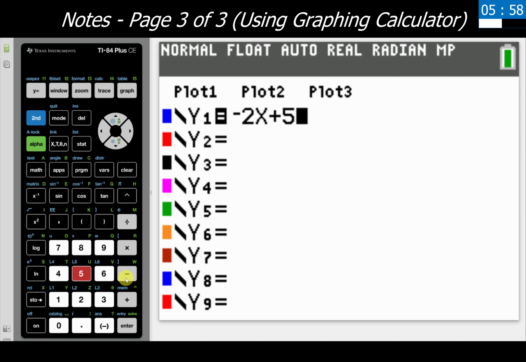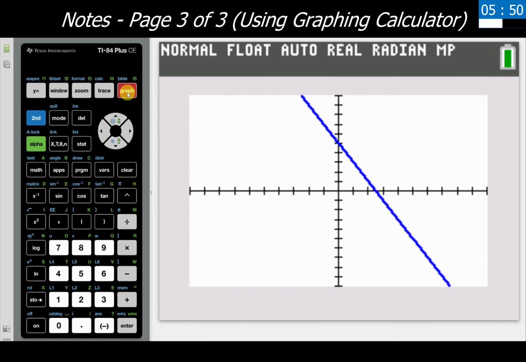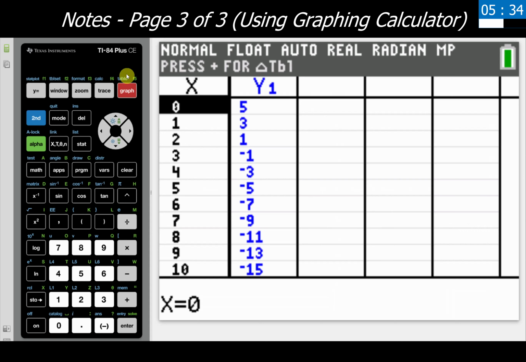Now that we have this, if you want to look at the graph, you can. You don't really have to. If we were to look at it, it's going to be this graph button here. And hey, there it is. That looks kind of nice. However, we're asked to fill in a table. We want to see a table of points, and this isn't exactly giving us what we want there. So to get to a table, we're going to click on second and then graph. That has the calculator do the table option.